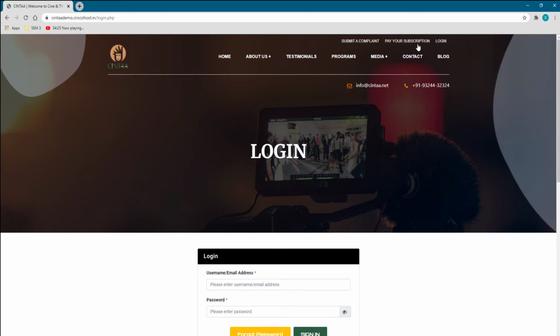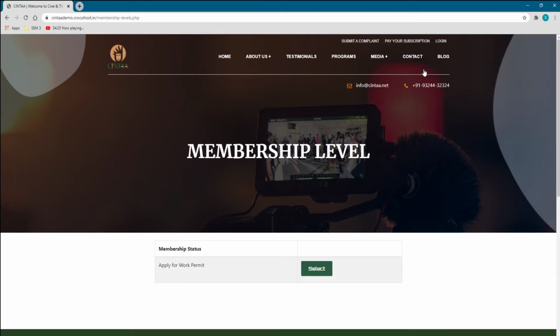Pay your subscription is, again, because the user is not logged in, when someone clicks even on pay your subscription. Now here we are going to make a small change: if the user is not logged in, instead of pay your subscription, it will display apply for membership.